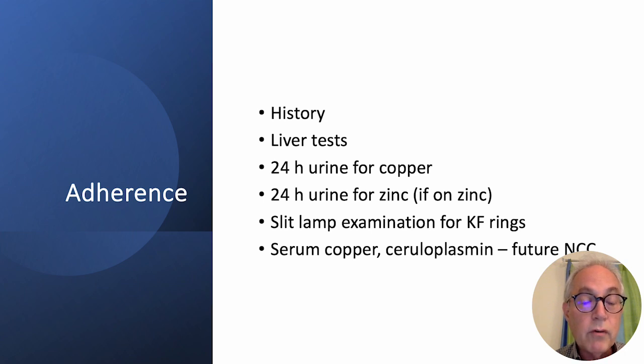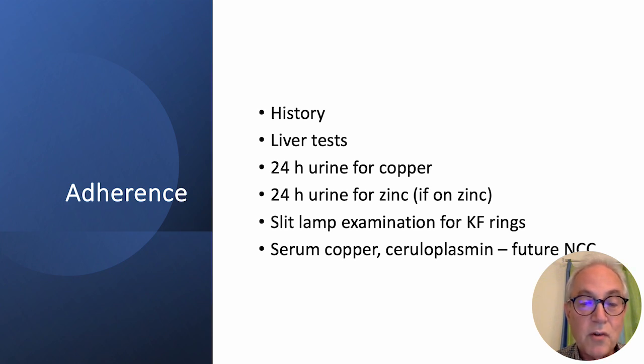Adherence is important for achieving an excellent outcome, and we again use the history that we get from patients, or from those around them, to help us. Liver tests tend to detect this early, which is why we do this on a more frequent basis. And similarly, 24-hour urines for copper will change from their baseline values, either becoming higher for some patients that had previously been good with therapy,